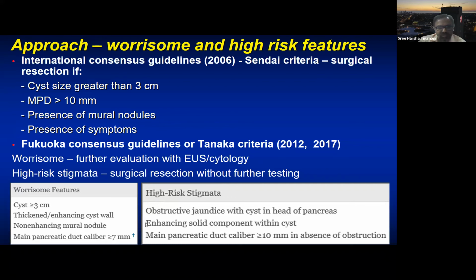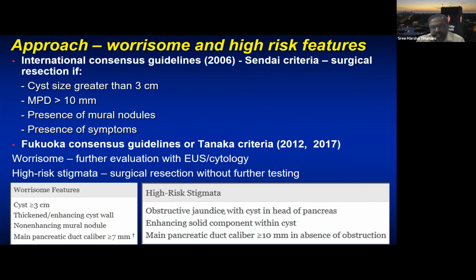Now they tried to tease out some of these things between the two categories. So when a cyst is just more than 3 centimeters, it's a worrisome feature. If it has a thick enhancing wall, or if it has a non-enhancing mural nodule, or if the main pancreatic duct is more than 7 millimeters, these are all worrisome features. And the next step when you see any of these features is to recommend an EUS